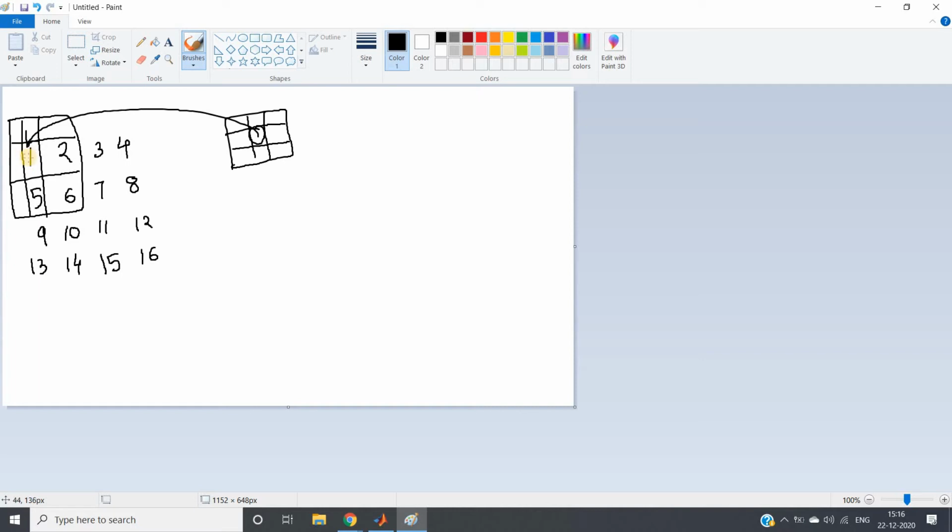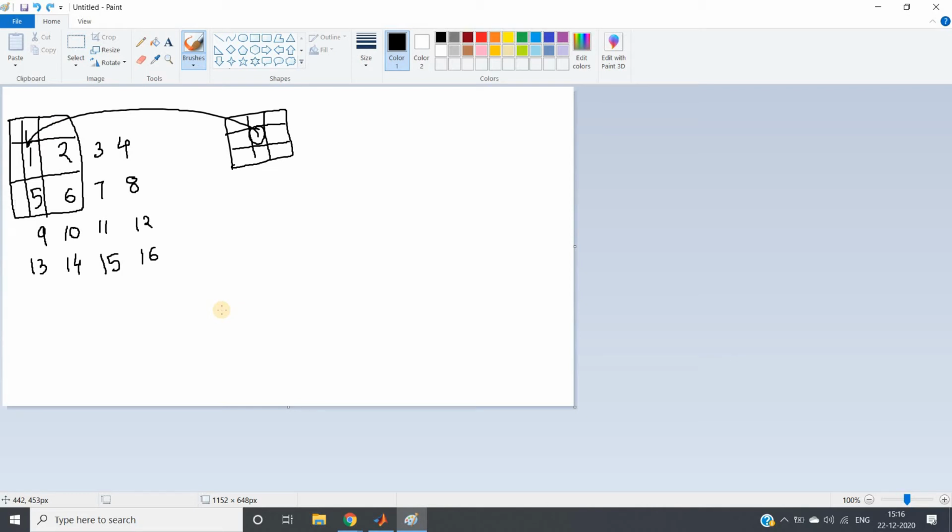The window center will be your first pixel. Now this first column and this first row are empty, right? This problem appears if you are considering the boundary also. There are several ways to take care of this. One simple way is to put 0 wherever a vacant position appears.